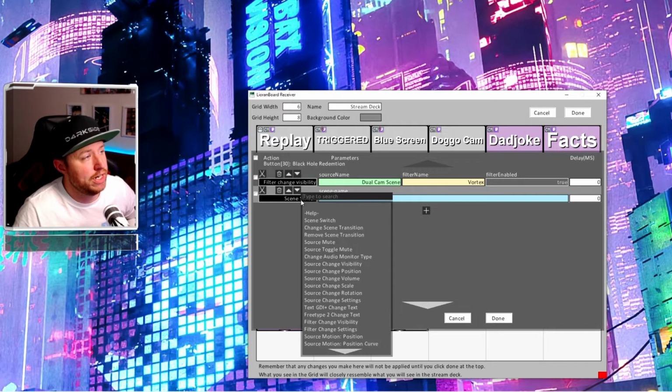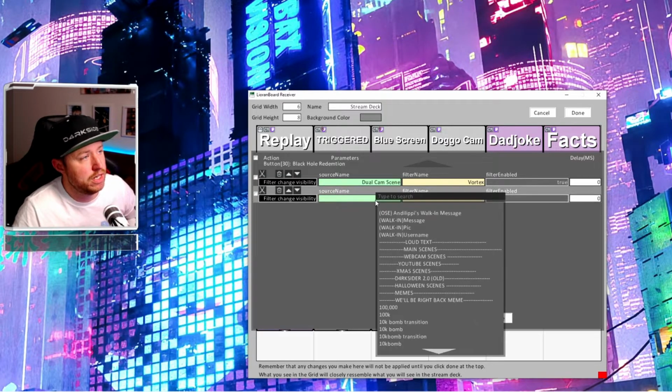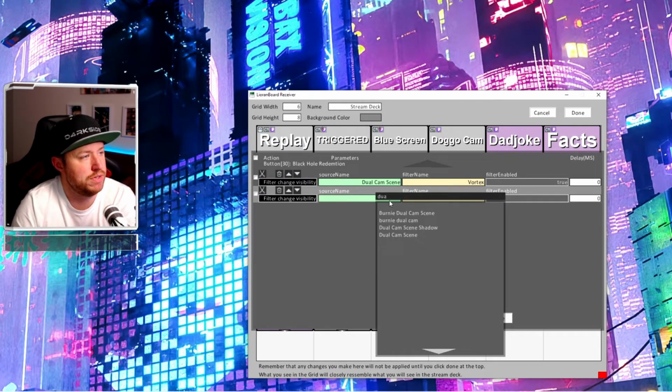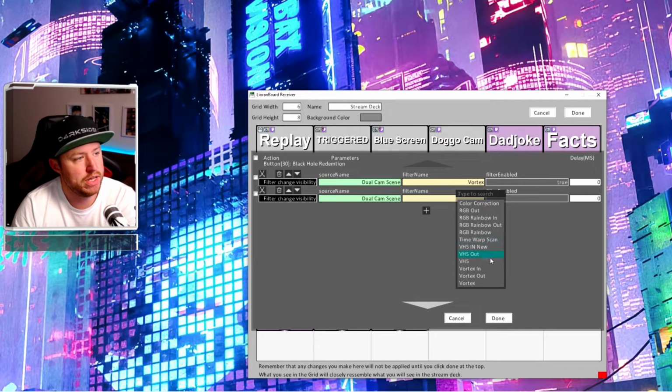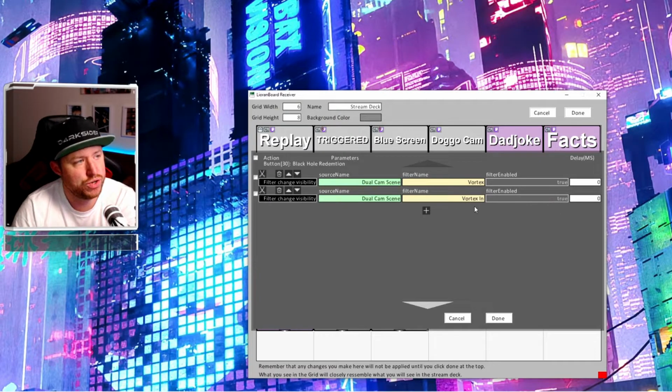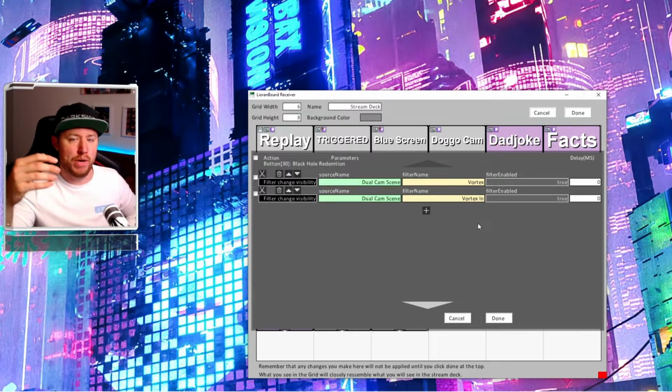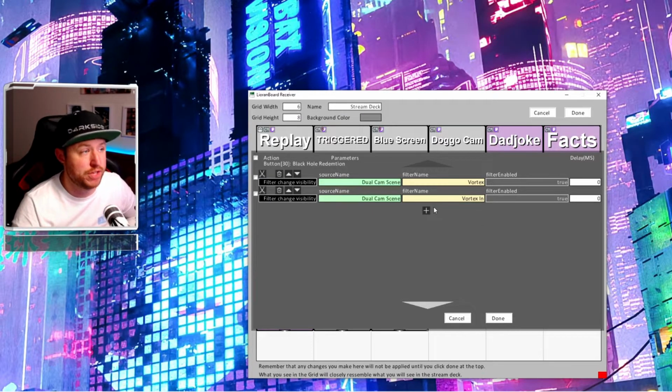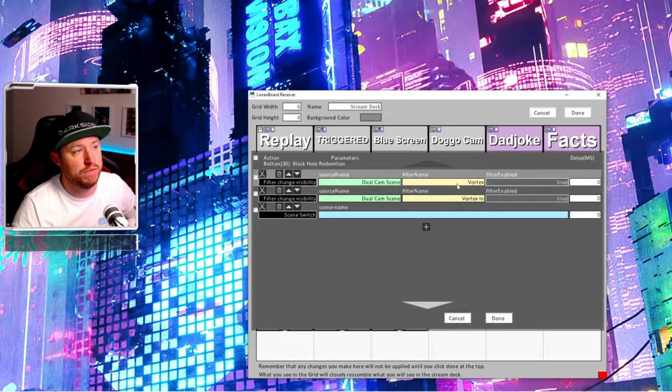I then want to create another filter change visibility on dual cam scene. And this will be the in effect. So if I click on this and then I click true. So remember how we set it up where the next move would be automatically the out. So that's pretty much all I have to do here, with the exception of turning the vortex filter off in